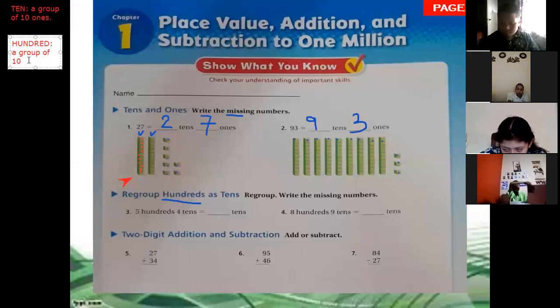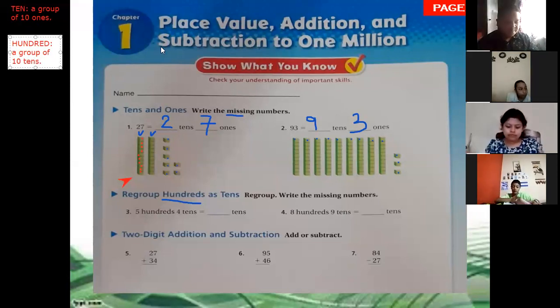Okay. So yes. 100 is a group of 10 tens. A group of 10 tens. So